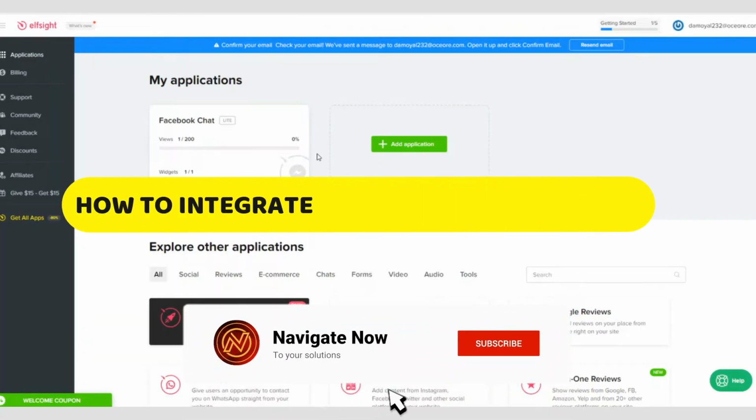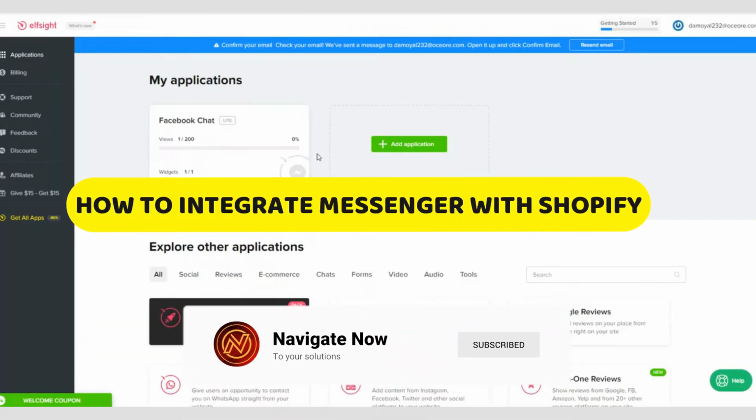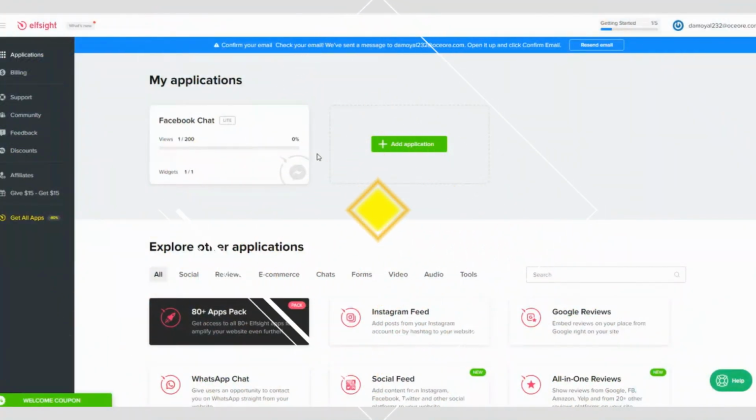How to integrate Messenger with Shopify. Hey guys, in this video, I'll guide you through how to integrate Messenger with Shopify. Alright, so let's begin. In order to integrate Messenger with Shopify, what you have to do is first go